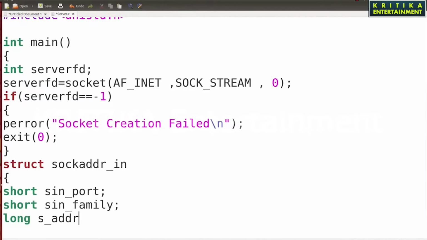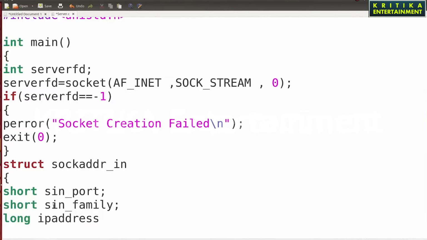It will be declared as in_addr, not attr. It will declare sin_port, sin_family, and a long which holds the IP address. I will tell you the details later. sin_addr, the long IP address, it will hold.